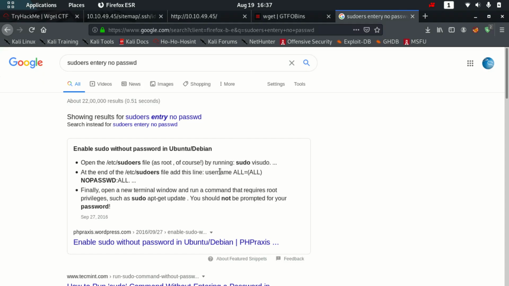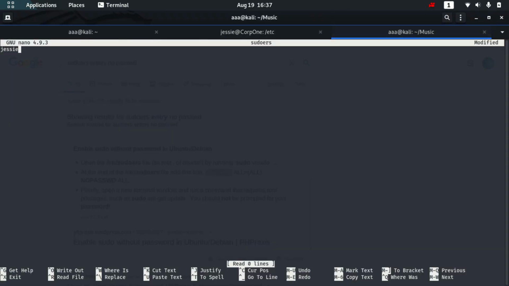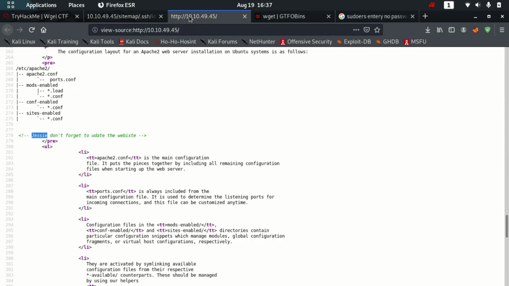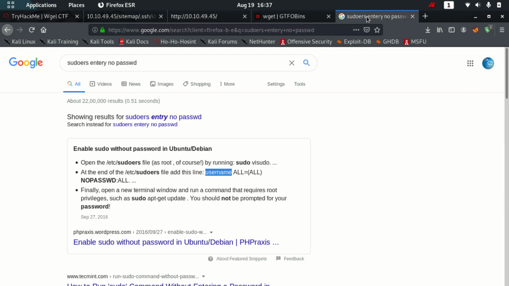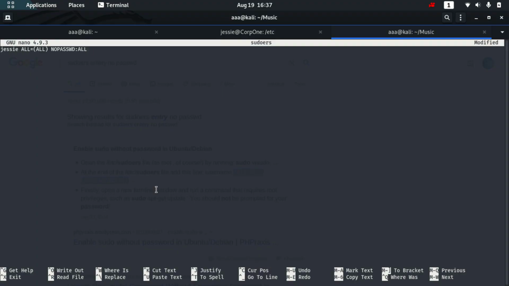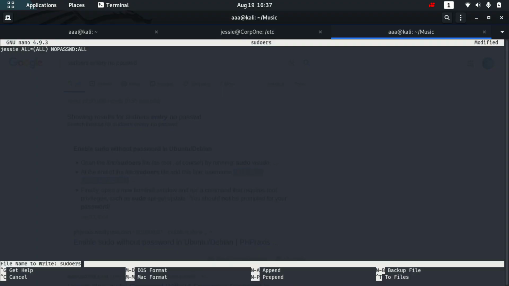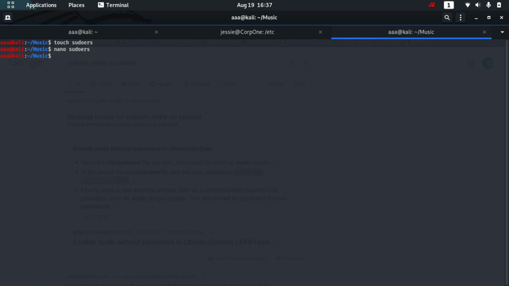So the format is username Jesse, not that Jesse, only Jesse, and then this till here. Alright, now let's press Control O, enter, Control X, and my sudoers file is ready.